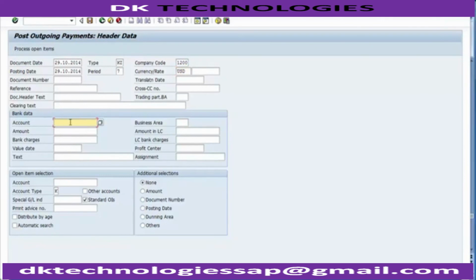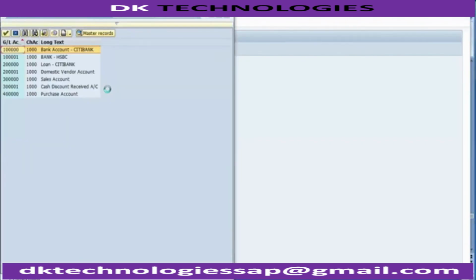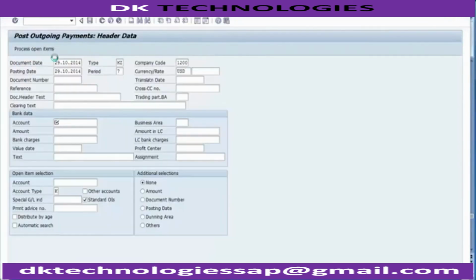Now moving up to the bank, over here you need to select the bank account in the account part. Is there any bank created in SAP for this particular company code? Let's go and check. So there is a bank already created, HSBC as well as Citibank. Suppose I make the payment to this particular vendor with bank HSBC. So I will select the bank HSBC and we'll select the amount as well over here and the business area as well. The business area which we selected was